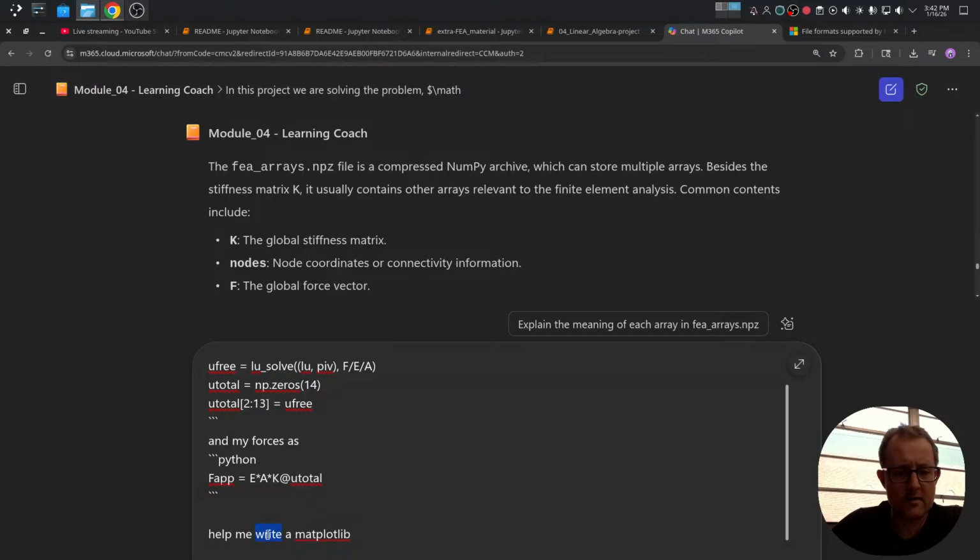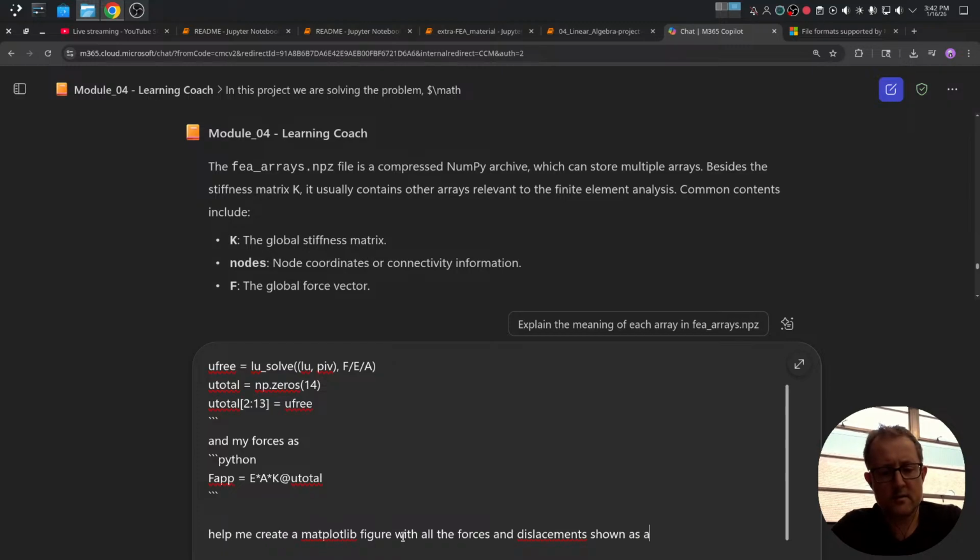Help me create a matplotlib figure with all the forces and displacements shown